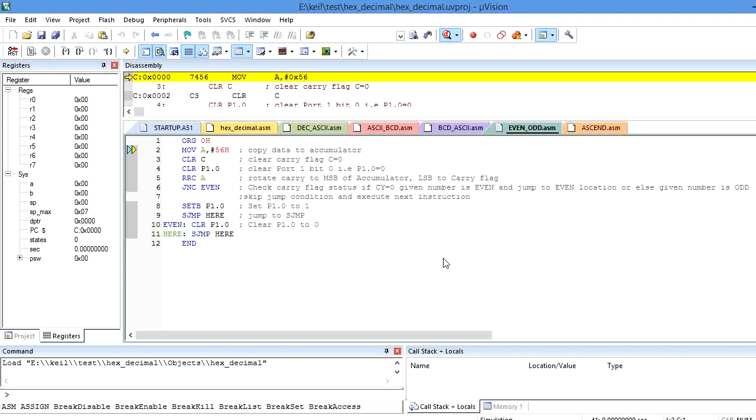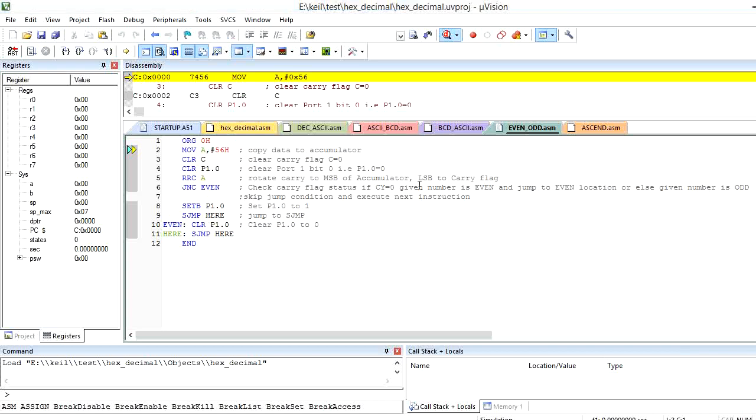Now we will discuss the programming part here, and here we are using only the register called accumulator. Before execution of the program, the accumulator content is 0 here, and here we are using port 1.